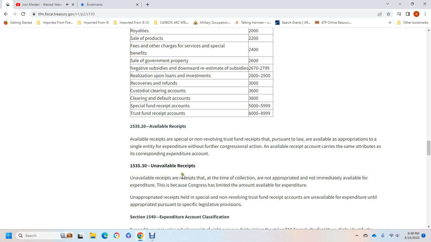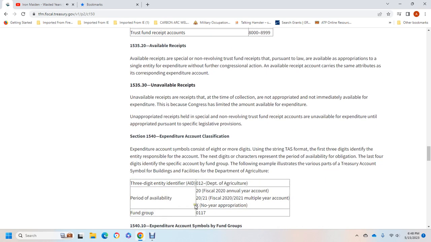1535-30 unavailable receipts: receipts that are unavailable at the time of collection and not immediately available to be expended because the Congress limited the amount available to expend. These include receipts of special and non-revolving trust funds that become available for expenditure and are appropriated pursuant to specific legislative provisions. 1540 Expenditure Account Classification: the expenditure account symbol consists of